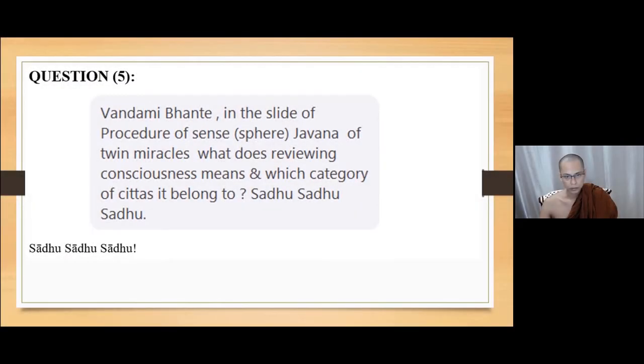Bhante, in the slide of the procedure of sense sphere javana of twin miracles, what does reviewing consciousness mean, and which category of chittas does it belong to? Sadhu, sadhu, sadhu. Okay, that reviewing consciousness is to review the performance. It is according to the nature of consciousness, as a part of the nature of consciousness, that consciousness reviews after